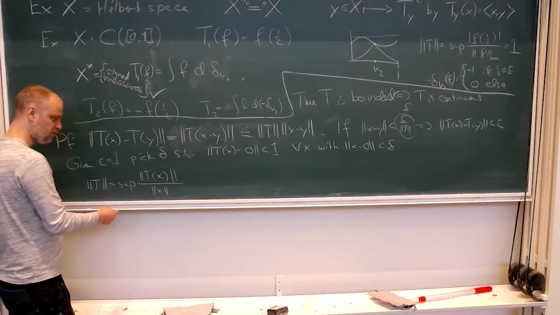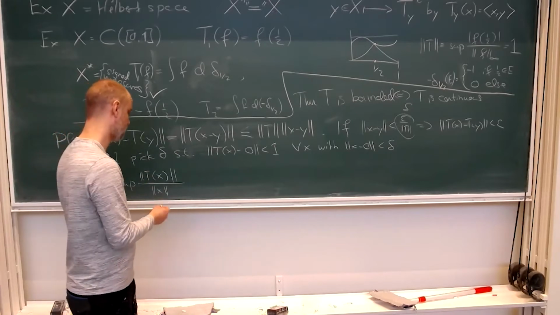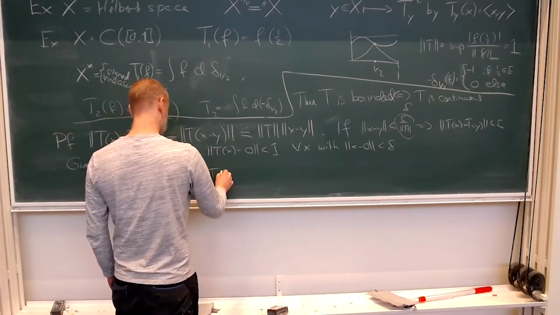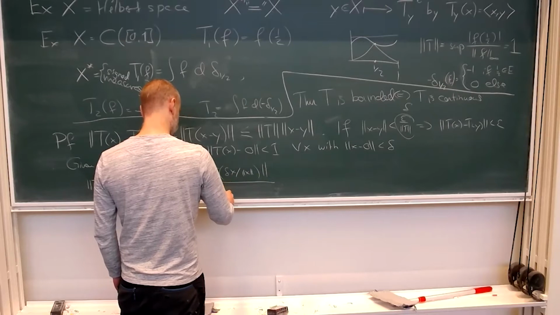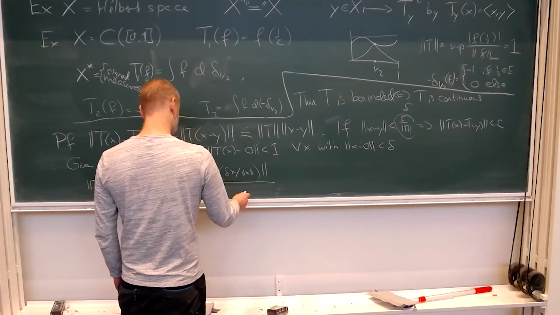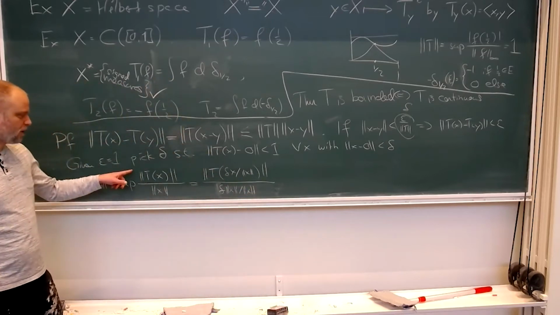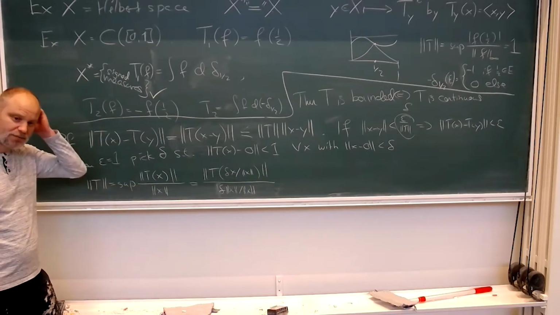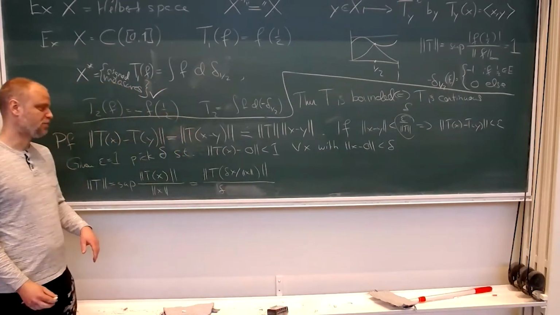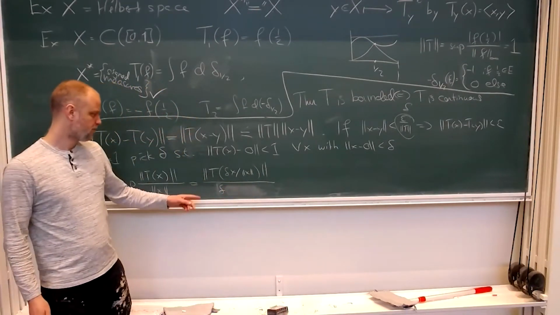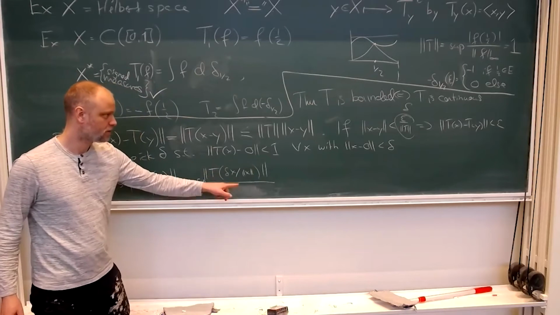So let's force it to have norm delta. So I multiply above with delta divided by the norm of x and below with delta divided by the norm of x. I'm doing nothing. And in the below, this x divided by x in norm disappears. So now I have this. And of course, I should have a supremum here over all x. So now this element here,